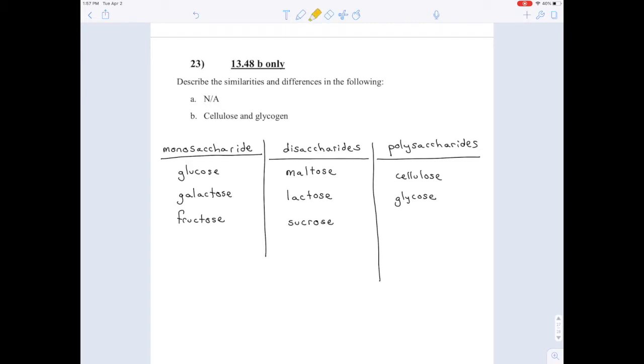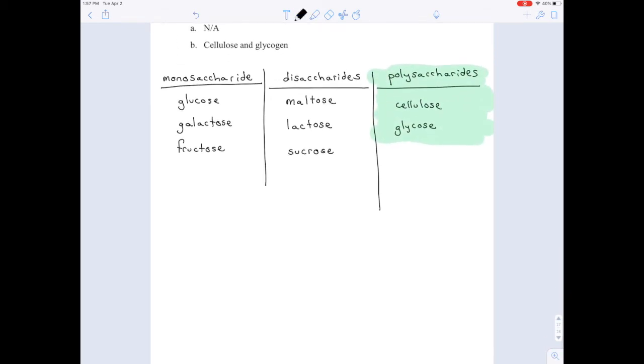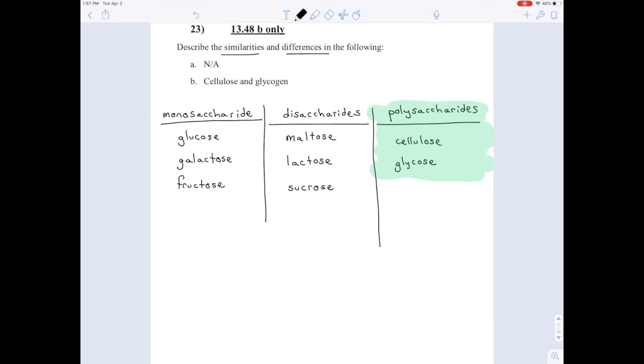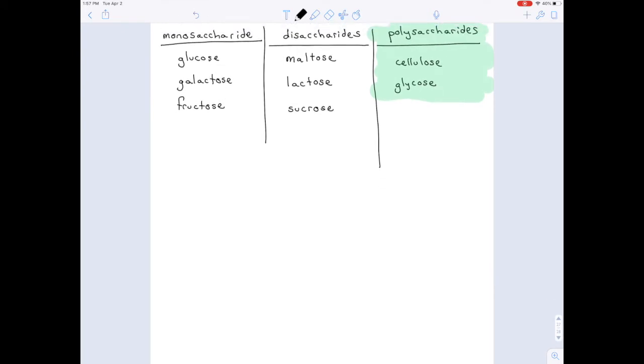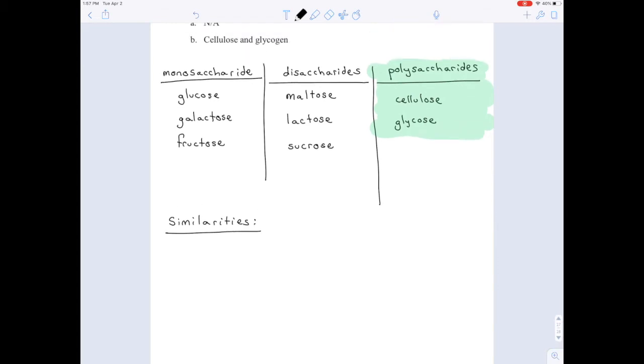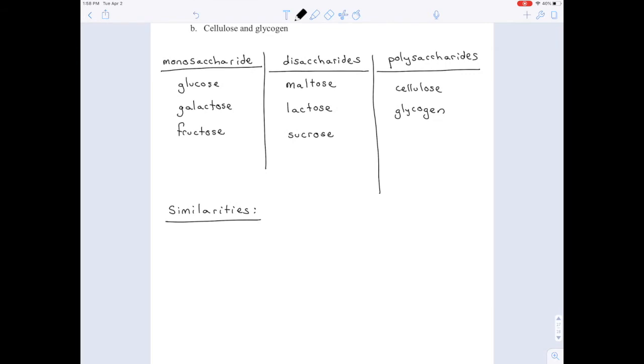So this problem is dealing with the polysaccharides. Okay. Now, they're asking for two things. They're asking for similarities and differences. So first, similarities. The similarity you'd want to know is that both of these, both cellulose and glycogen,